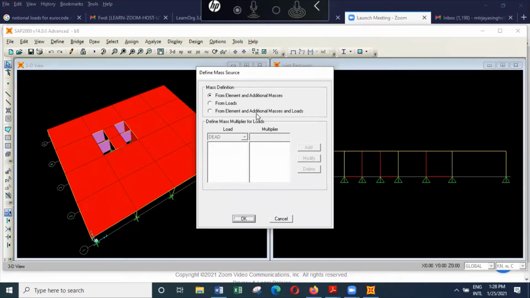And if there's any other mass, say for example a handrail that you have not modeled, then you can ask the program to get the weight of the handrail or the mass of the handrail